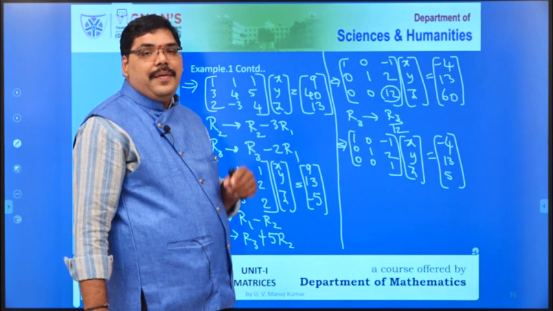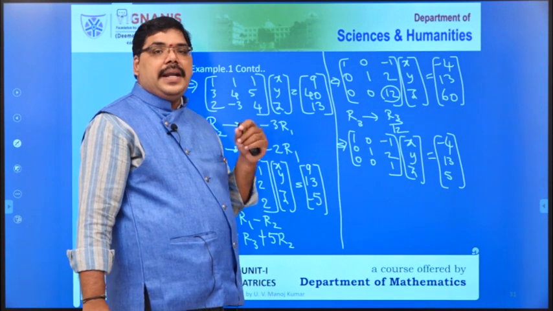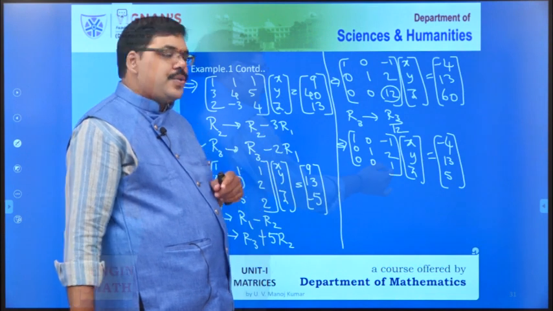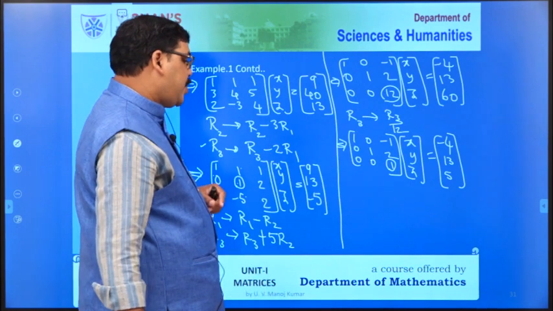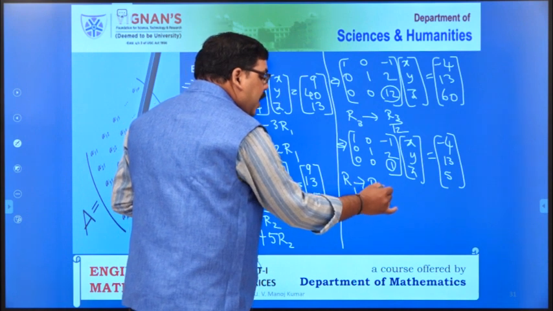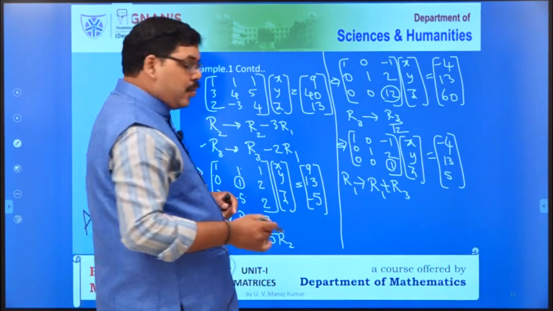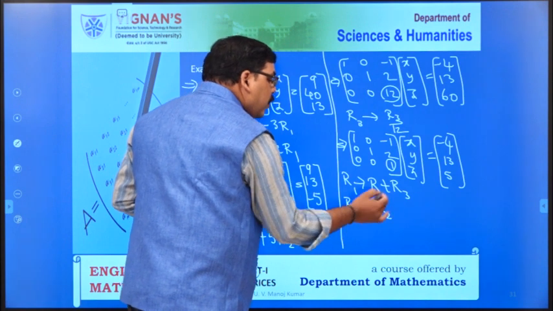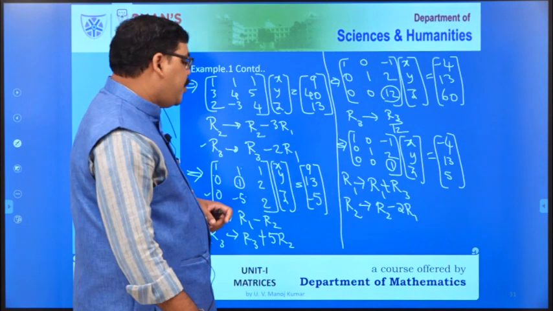So now I will apply row operations to make use of the third diagonal element and reduce the other third position elements of the other rows into zeros. This is the third diagonal element. These are the third position elements in the other rows. So R1 changes into R1 plus R3. We are using the third diagonal element which is in the third row. Okay. R2 converts into R2, we have 2 there, minus 2R3, then it will balance and get 0.